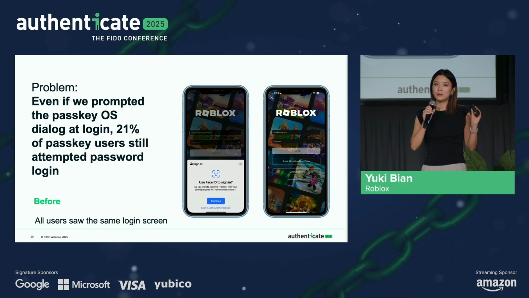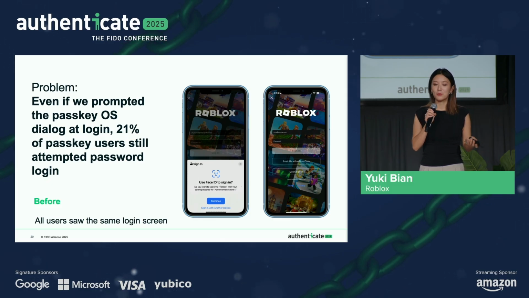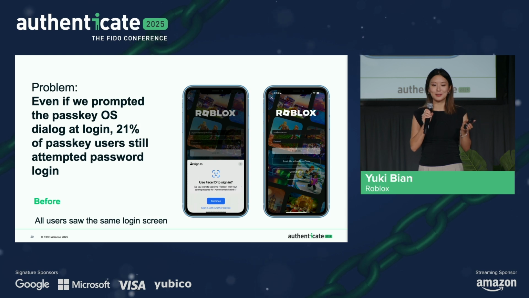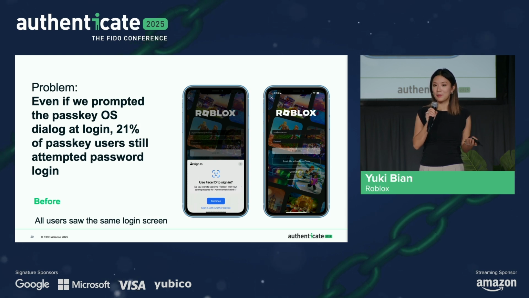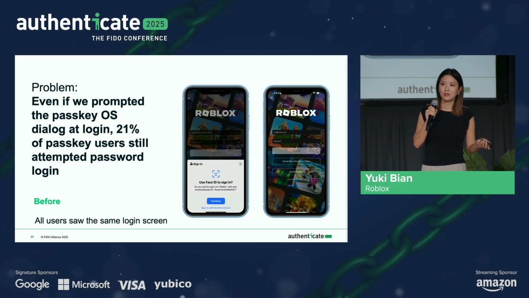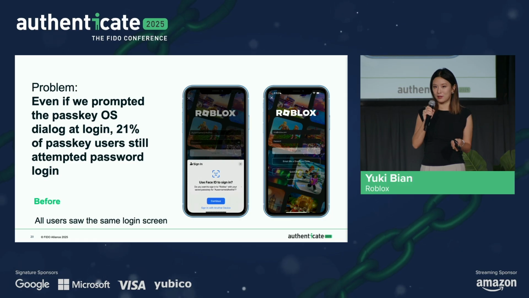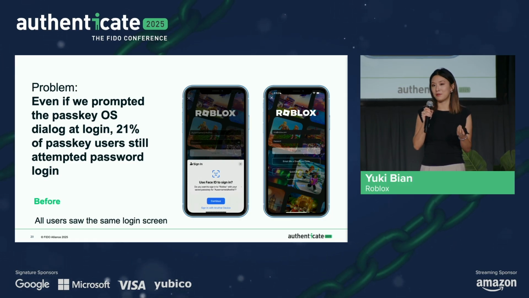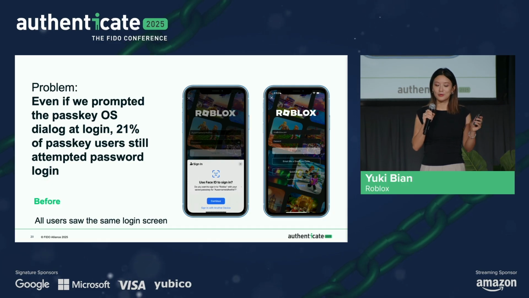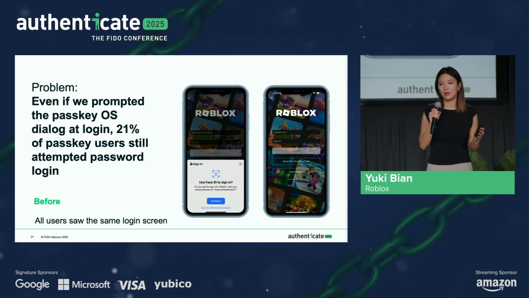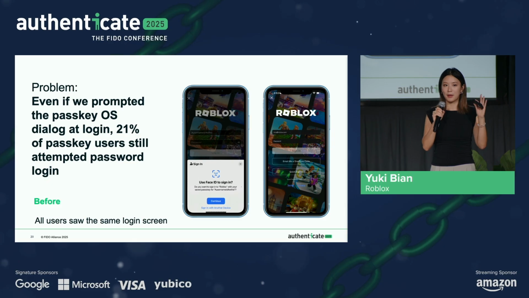So when users see the passkey OS dialog, out of habit or confusion, they might just dismiss it. And what's left there is just a page that's asking for username and password. So you can imagine how confusing that is. As a user, you will think, Roblox is asking me for a password, so I must have one. And then they could be typing something random when their account doesn't even have a password at all. This is because we show all users the same login page, always centered around password and username.